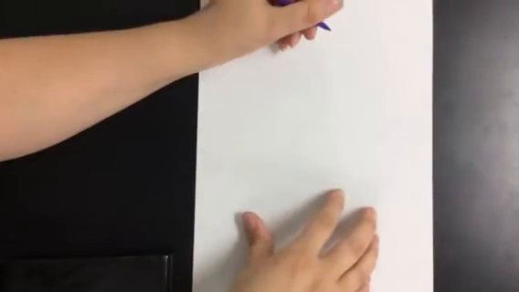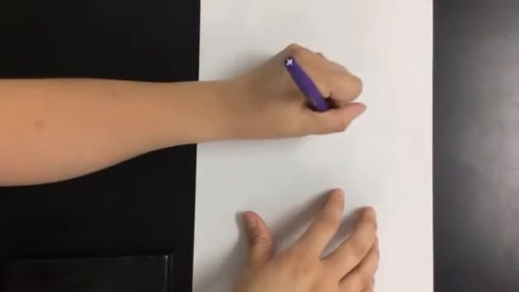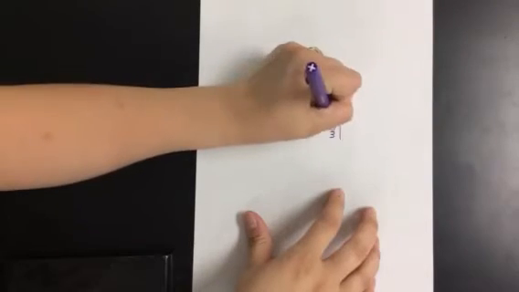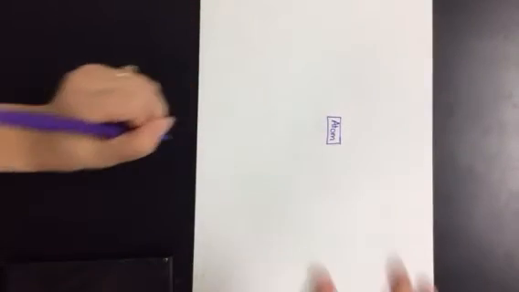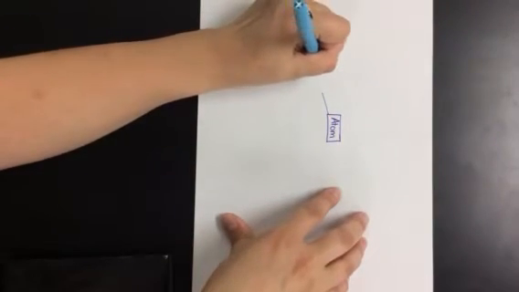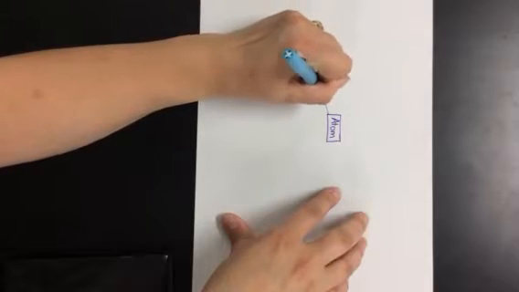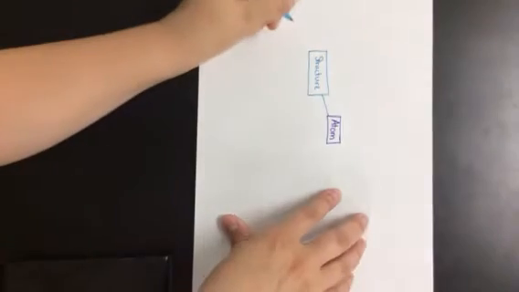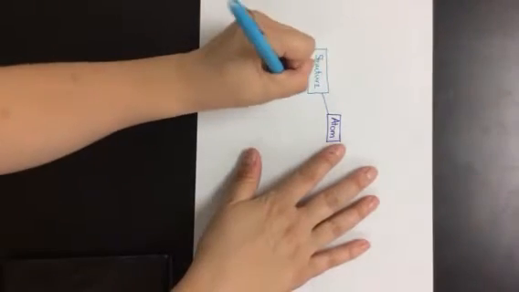Okay, so we're going to start with our main idea for the unit, which was the atom. One of the things that we've talked about this unit with regards to the atom was its structure. What is the atom made out of? And we discovered that there are two main parts to the atom. There is the nucleus,